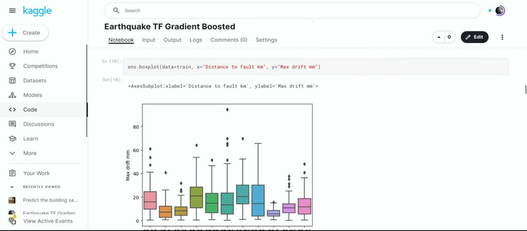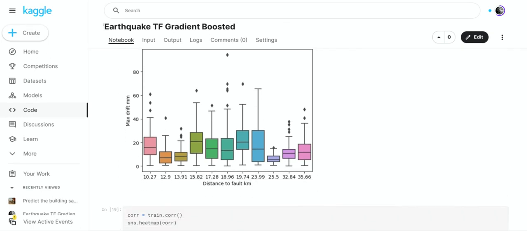So now what we've done is we're going to check distance to fault kilometers. That's your X variable, and your Y variable is max drift MN. So you can see that it's giving you how dangerous or how unsafe the building is, depending upon how far away the earthquake is from the building.